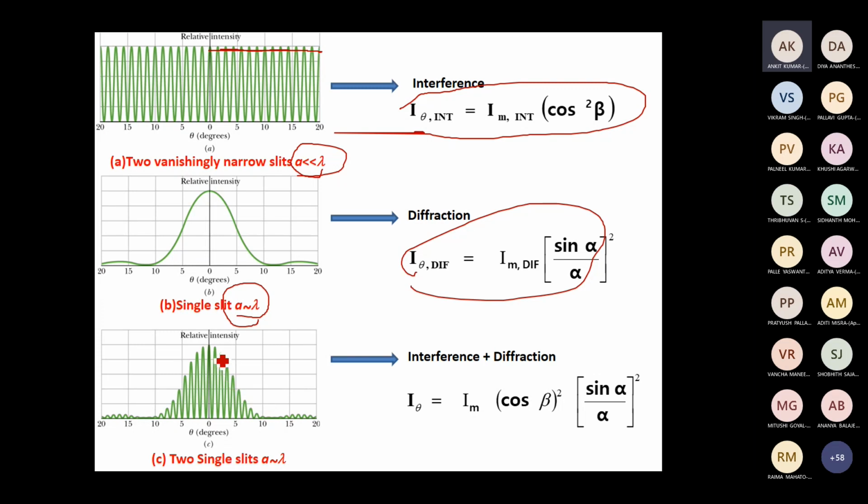What is happening here is, you can see some of the interference bands are getting decreased. Not only that, some of the bands are getting disappeared also. Some of the interference bands get disappeared. That is, these interference fringes disappear because at the same angle where you are forming a maximum, you are forming a diffraction minimum. That is called missing order.